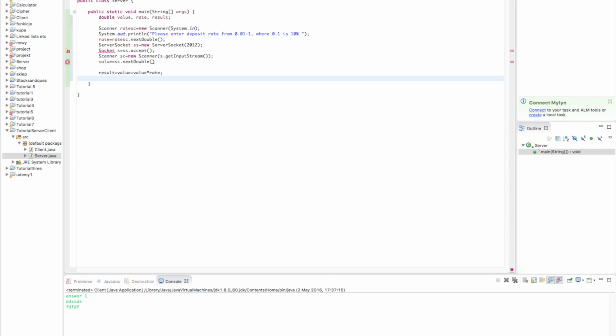And then you have to send this result to the customer, to the client. So PrintStream, yeah, can be ps, new PrintStream. Remember to import it,